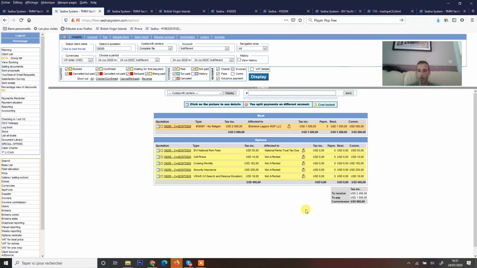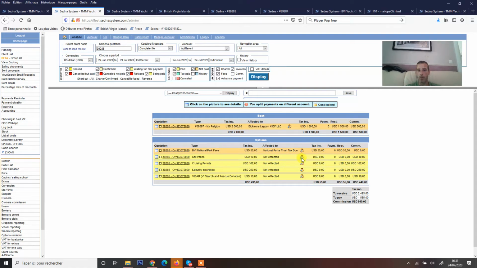So if I close now and click on display, you will see that the color of the background changes. This 55 € now goes to National Trust due, and you have nothing in terms of commission on this extra. So your goal now is to put one booking inside the system with all the extras selected, and show me for each one who receives the money.